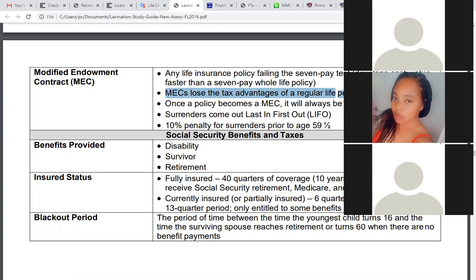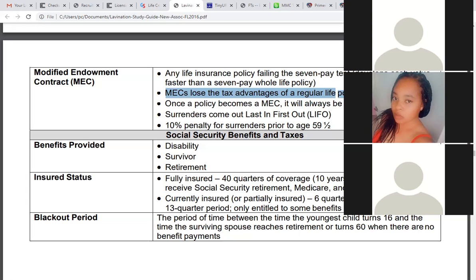It can never go back to being life insurance, because those people were cheating. Let me explain what happened. Back in the 1980s, some people didn't want to pay taxes. Because you don't pay taxes on insurance, some folks were trying to hide money in insurance policies, and the government caught them doing it. When the IRS found out, they said, so that's what you guys are doing? You don't want to pay taxes, so you hide your money in life insurance. If we find that a policy failed the 7-pay test, meaning you put in more money and built more cash value than you're supposed to,